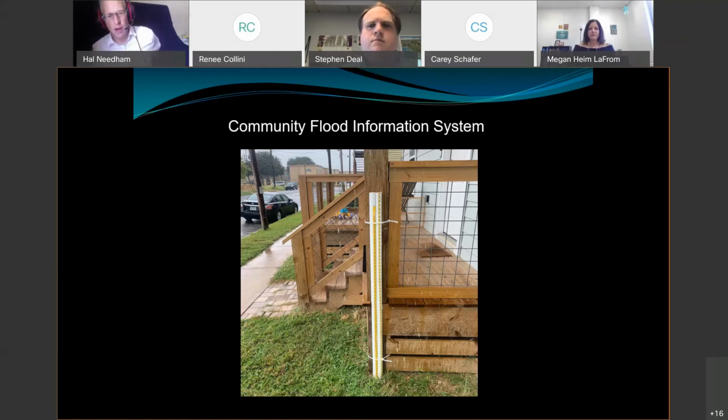And this is a picture, and basically it's simple enough. It's PVC pipes with tape measures, and they're basically zip tied. And this is in downtown Galveston at a friend's house. But the really interesting thing about these, and we can go to the next slide, is that it may seem